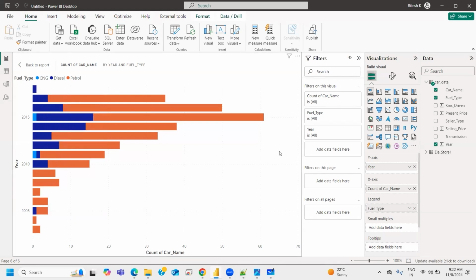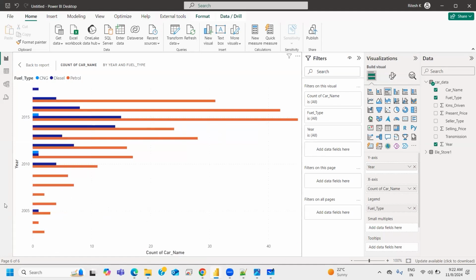Not all the years are getting reflected, but anyways, I'll change it to the clustered bar chart. Cluster means rather than creating partitions inside that bar, it is separately creating different clusters. If I again change it to the stacked bar chart,